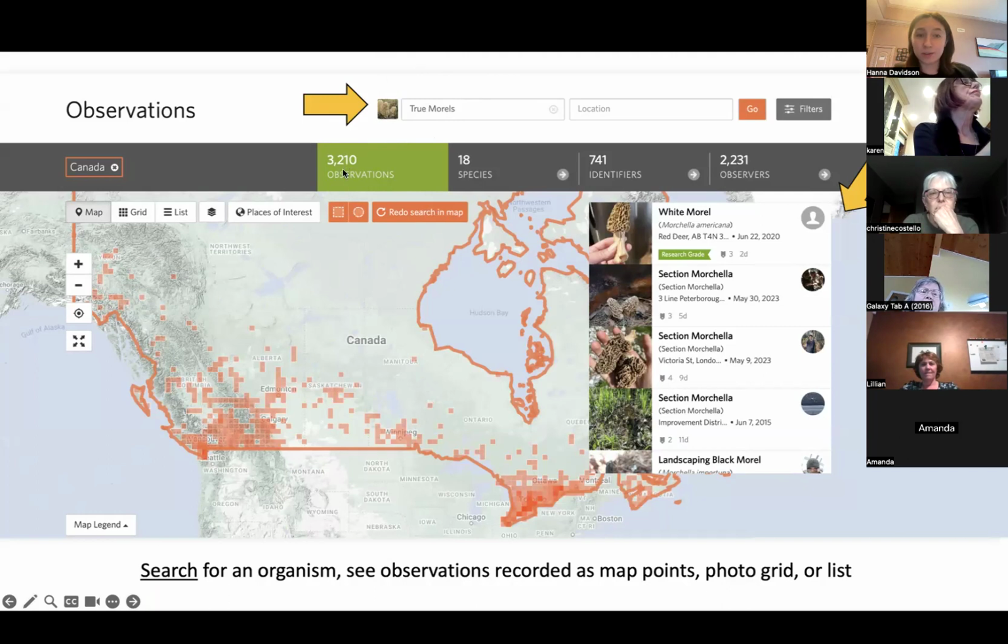I got 3,000 observations in Canada, and there's a little mini list on the side, as well as all of those data points. If I clicked any of those data points, and I'll show you at the end what that looks like live, it would pull up that actual observation. Super handy if you want to find something close to you, or in any geographical area where you have an interest.